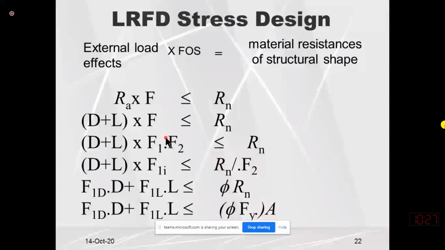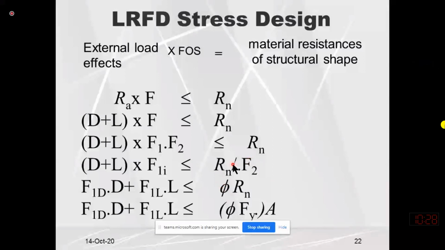So what we do, the major part of the factor of safety is multiplied with the load effect, RA. And a smaller part of the factor of safety, we bring on the right hand side, and the resistance is divided by that. I know you know that 1 over F2 we can represent with a value phi. So phi value will always be less than 1. So phi value is equal to 1 over F2, or 1 divided by the minor factor of safety.